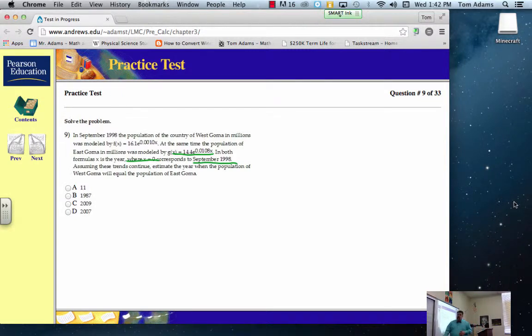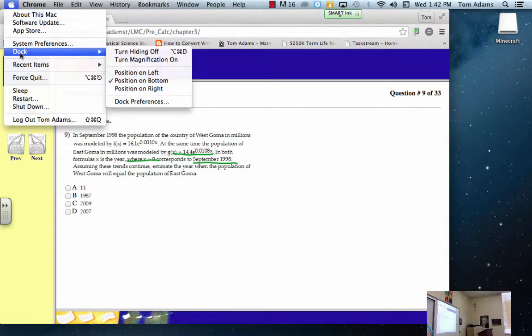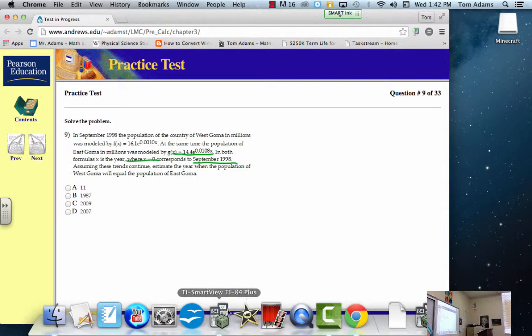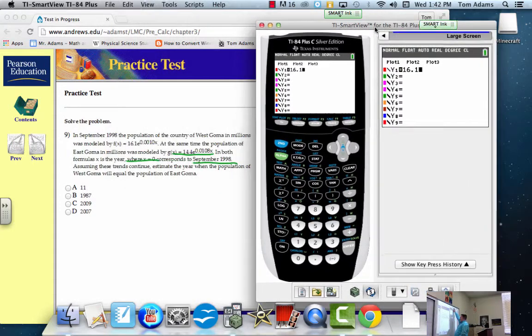to one another. So now one way that we could do that is by graphing both equations and finding when they intersect, and that'll give you when they have the exact same population. So let's do that. So if I enter in the equation 16.1 times